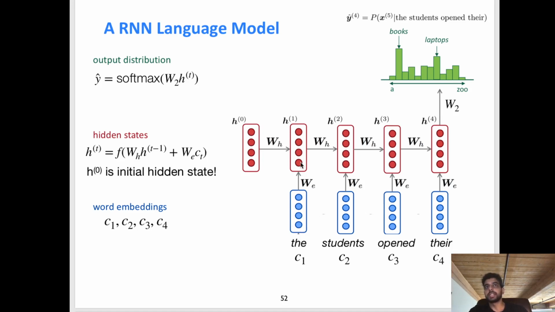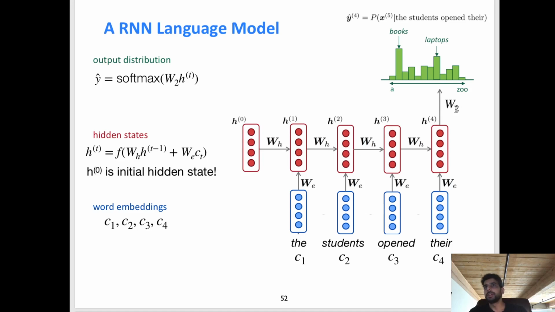The embedding dimensionality and the hidden dimensionality are the same. This doesn't have to be the case. It's just the case in this example. In practice, these numbers do vary and they're treated as hyperparameters. So things that you have to decide beforehand before training the model, things that you might want to optimize by looking at the end performance of your language model.